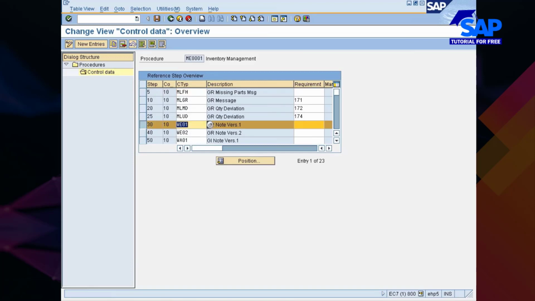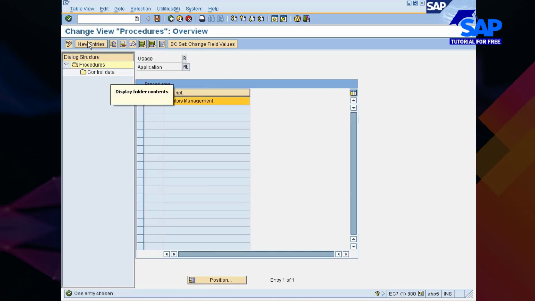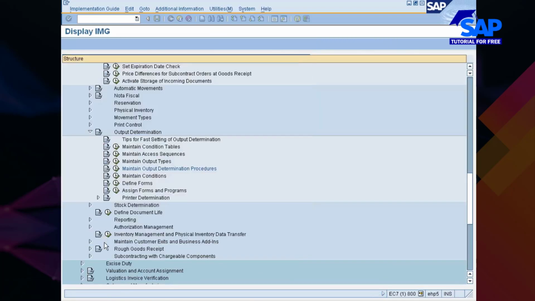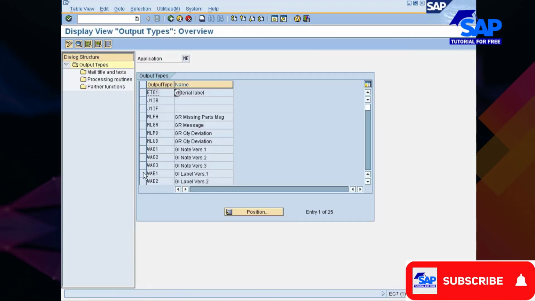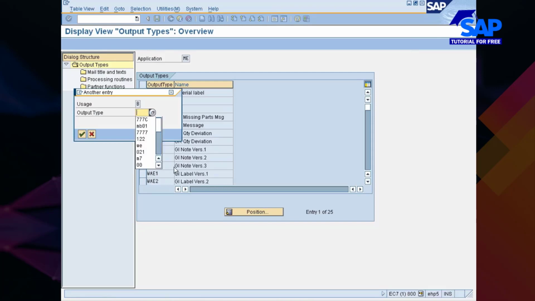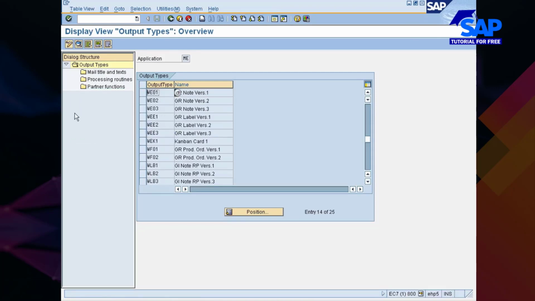In case you want to create your own, like I said, go with the event list. If you want to create your own procedure also, you go with copy as and create your own entry. So WE01 is my condition type, isn't it? For my WE01 condition type or message type, you should find out the access sequence key.